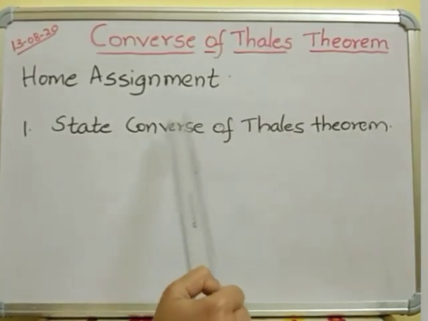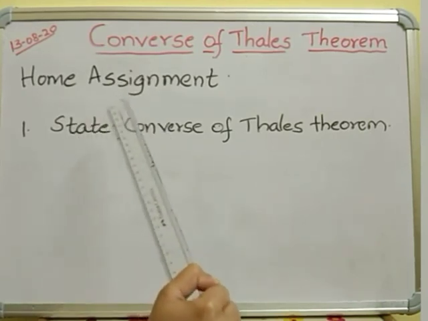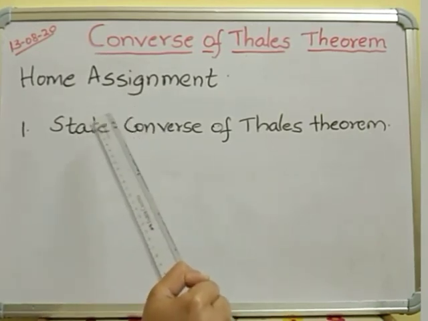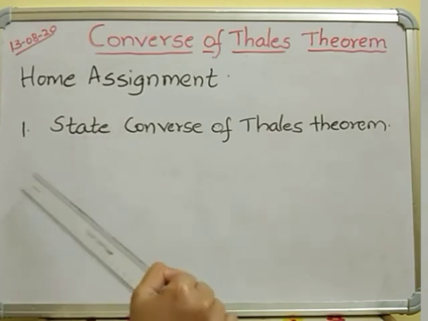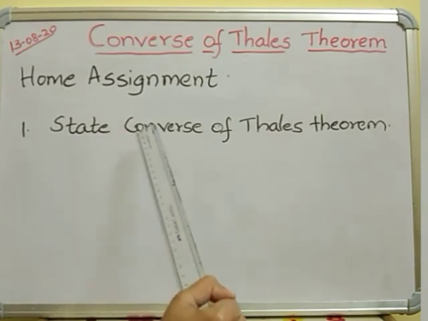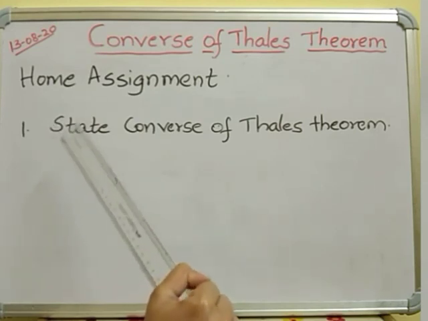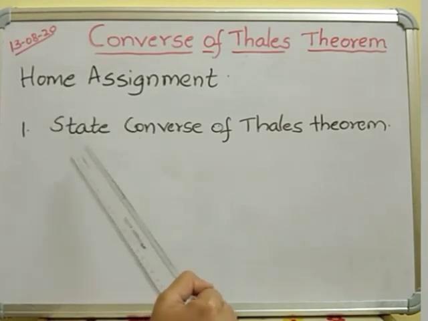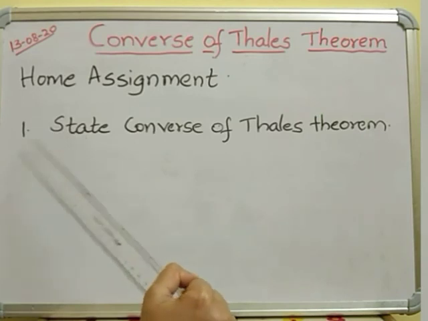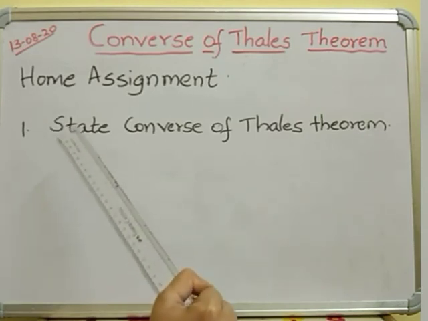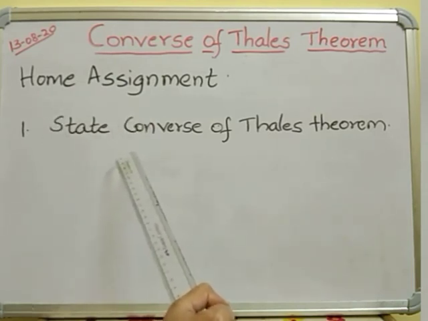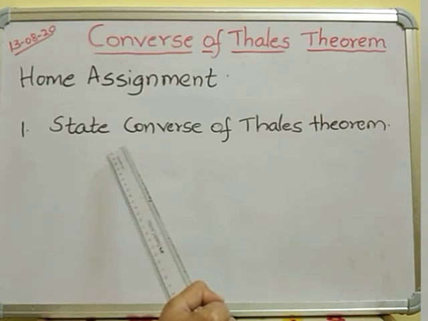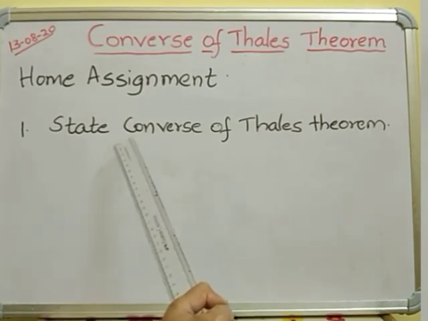Then remember children, in your textbook there is no systematic way of proving the theorem because they have not given it in steps. But in notes I have given it as steps, that is, to prove: construction, proof. So if you write in steps or in a systematic way, it will be easier to remember. That is why follow this method. In the textbook they have not given reasons for any statement. So follow this method.